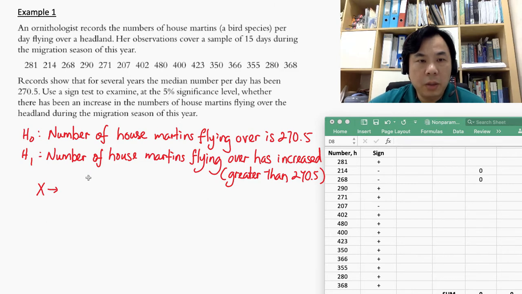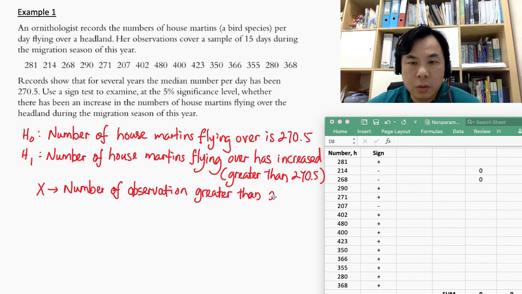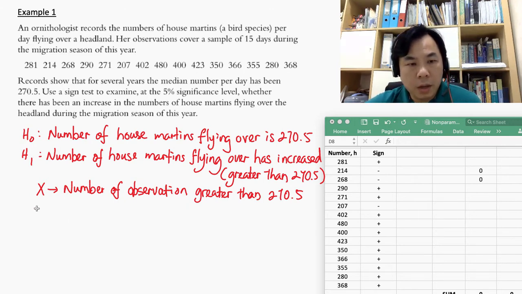So x actually represents the number of observations greater than 270.5. Okay, so x actually represents the number of observations that is greater than 270.5 here. So once you know what the x actually represents, now we can say that, all right,